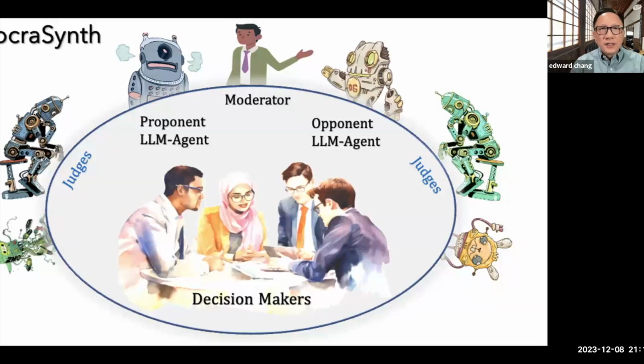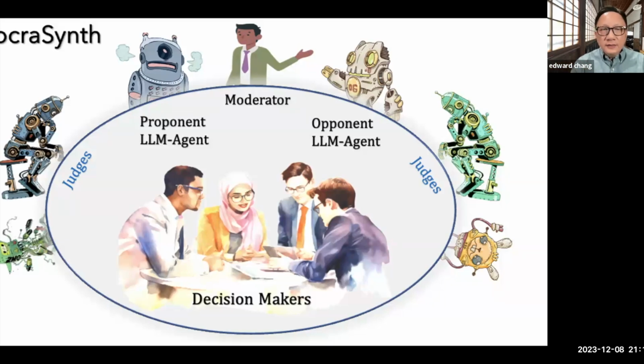A moderator arbitrates this meeting, and the moderator is not going to give opinions on the subject matter. The moderator only says, okay, now you have two agents, agent A and agent B, one is the proponent, the other one is the opponent of the subject matter. In the first round, as we will depict shortly, we ask two agents to formulate the subtopics they want to debate. This is an optional step, but in our experience, if you can identify subtopics of the subject matter, the debate can be more engaging rather than a quiet opening where the debate cannot converge. And then the moderator pretty much just sits back, seeing the debate going on and on.